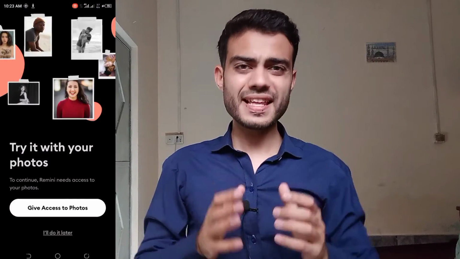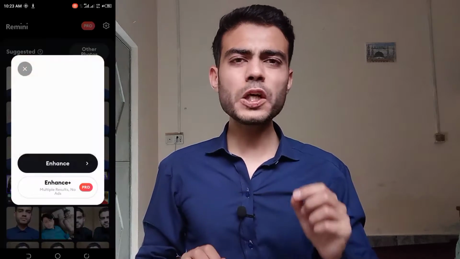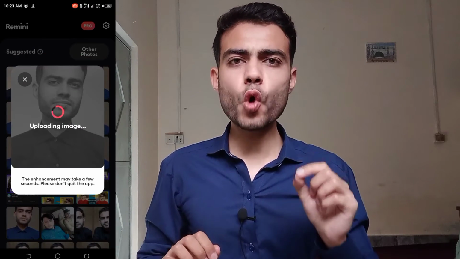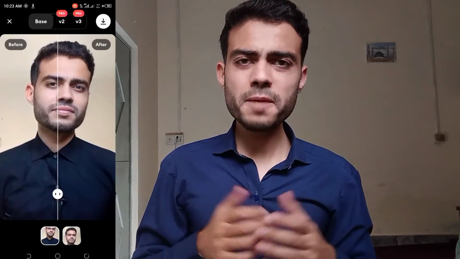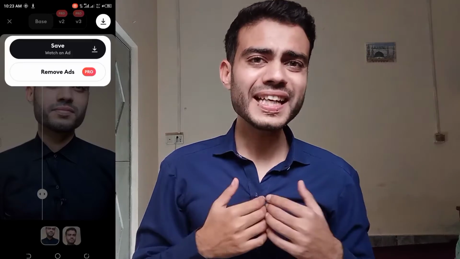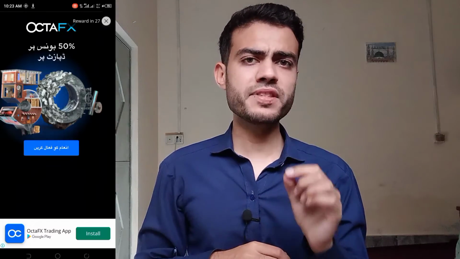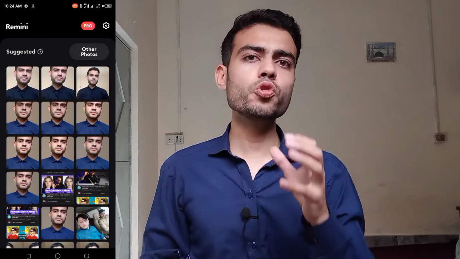First of all, select the image you want to improve the resolution of. Click on Enhance, where you have to watch ads in order to complete the process. If the image didn't improve much, you can enhance the enhanced image again. In my case, I used the image enhancement technique 2 times on my single image in order to get my image